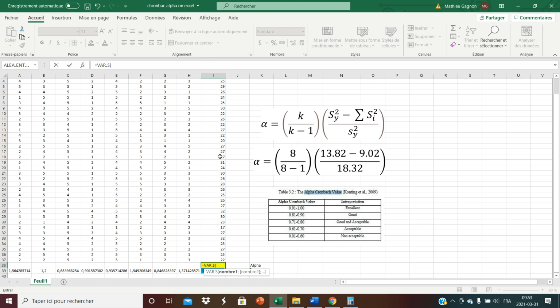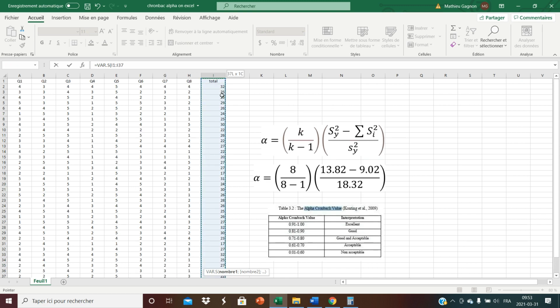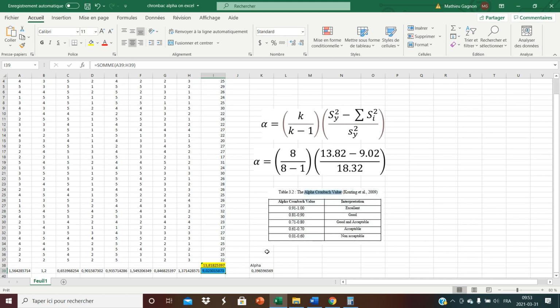En français, le S est pour sample en passant. Hein. C'est juste, je vérifie quelque chose. Ouais, en se basant sur un échantillon. Donc, ils ont gardé le code en anglais, le S pour sample. And then I'm going to select all this. Not total, of course. Je sélectionne jusqu'ici. Je ferme la parenthèse. Cling. Voilà, S au carré Y.